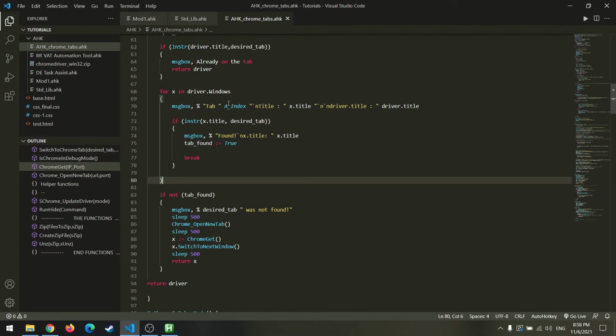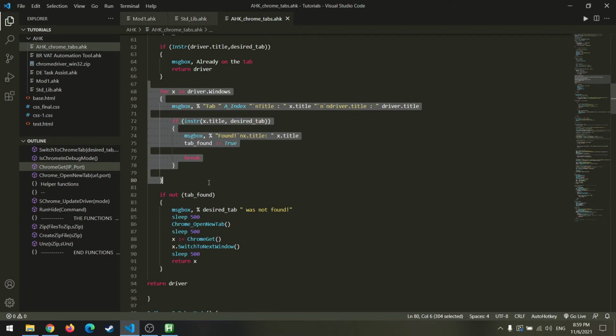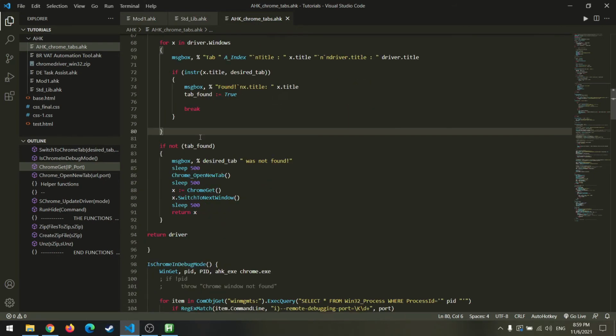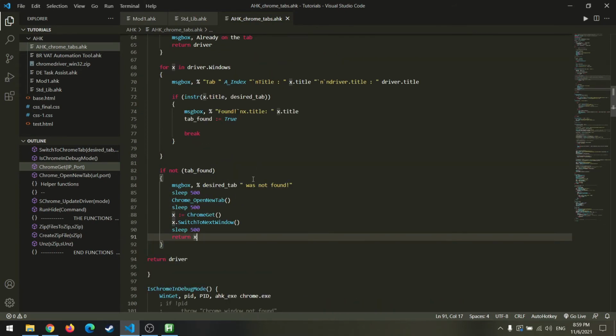For x in driver.windows, we go over each tab, look for the desired tab in the x.title. If it is found, the flag is set to true and we break out of the loop. In case we don't find the desired tab in any of the open tabs, the tab found flag would still remain false, and this portion opens a new tab saying that the tab was not found.